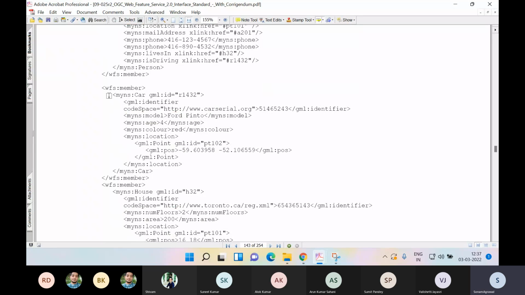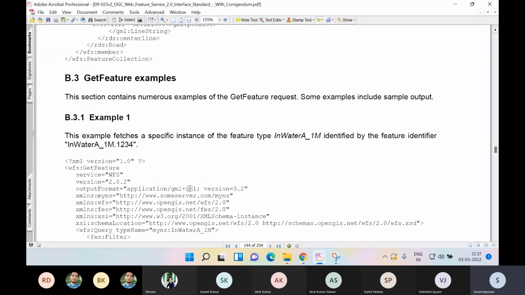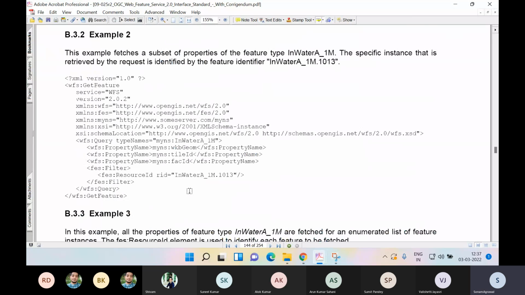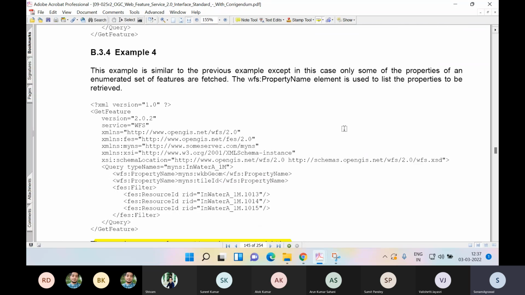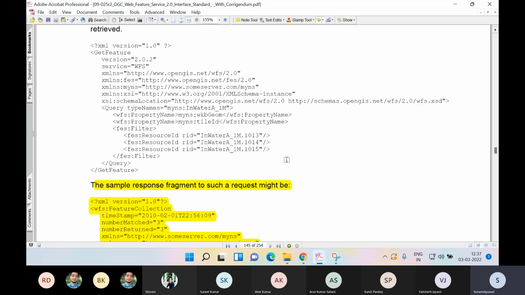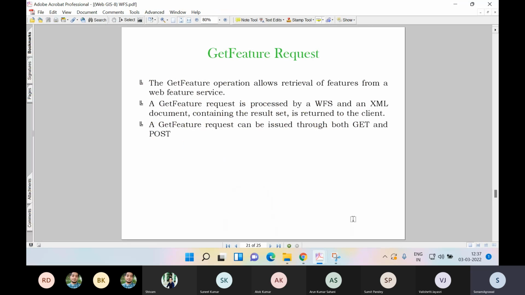यहाँ पर उसके बाद में किसी कार का डिटेल शुरू हो गया। तो इस तरीके से ये इंस्टेंस डॉक्यूमेंट मिलते हैं आपको। ठीक है, इसकी हेल्प से हमें क्या मिलेगा कि एक्चुअल जो वेक्टर डेटा है उसका डिटेल हमको यहाँ पर पूरा का पूरा अवेलेबल रहता है जब हम गेट फीचर का रिक्वेस्ट प्लेस करते हैं।